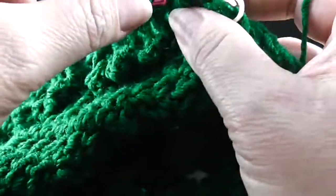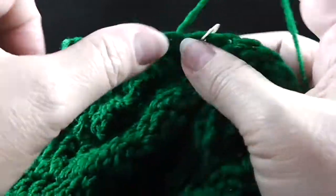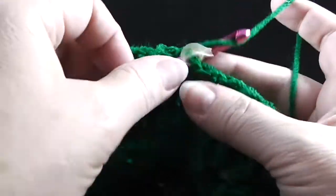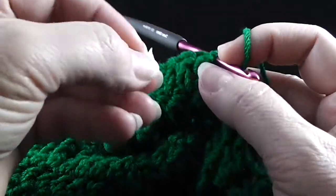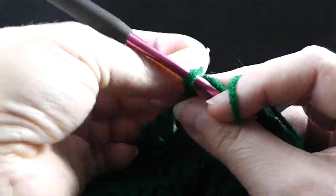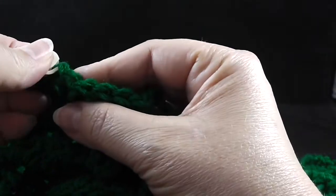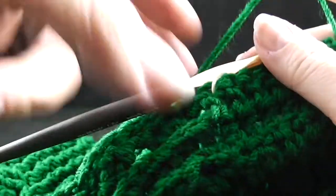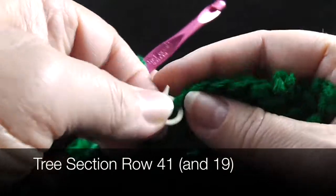2, 3, 4, and 5. Let's go ahead and take the time to move our stitch markers because they are serving us so well. Okay, and the stitch marker was a reminder to change the hooks again. Okay, now that we've come to our stitch marker, let's go ahead and change our hook. Remove the stitch marker,